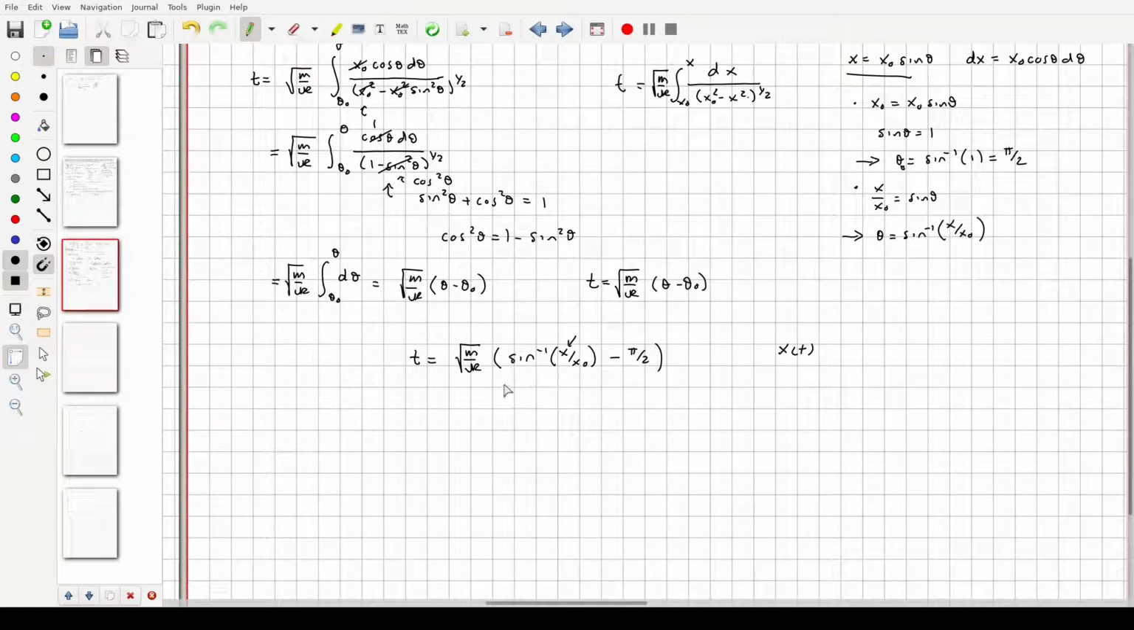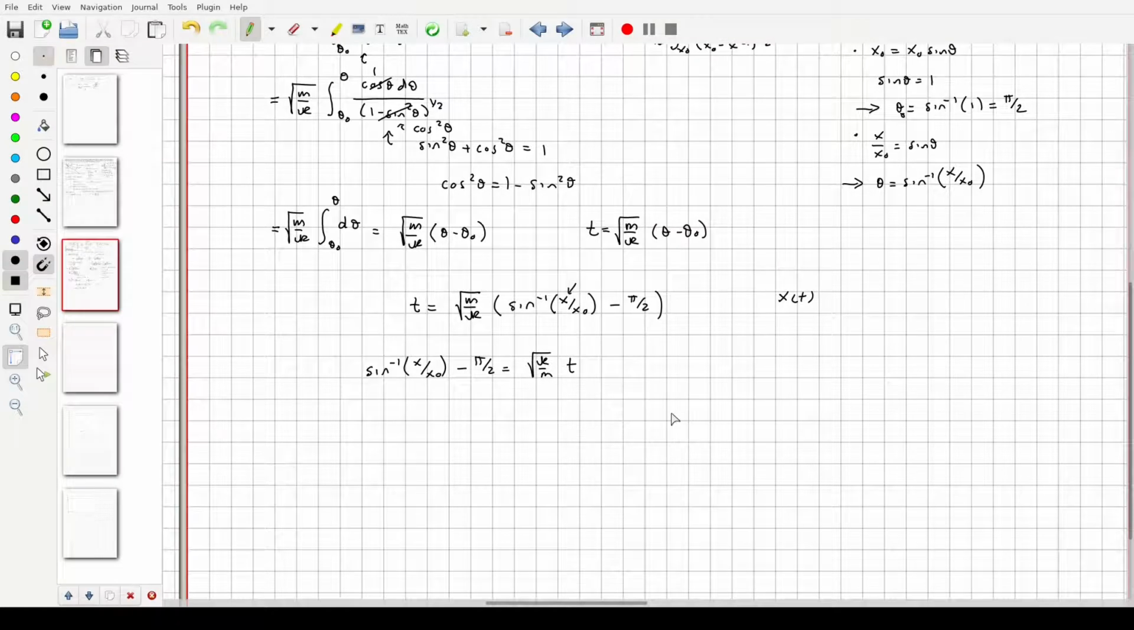Okay. The first thing I'm going to do is to multiply both sides by the square root of k over m. I'm also going to switch things to the other side. So the arc sine of x over x naught minus pi over 2 is going to equal the square root of k over m times t. Okay. Now I'm going to move the pi over 2 to the right-hand side. So, square root of k over m times t